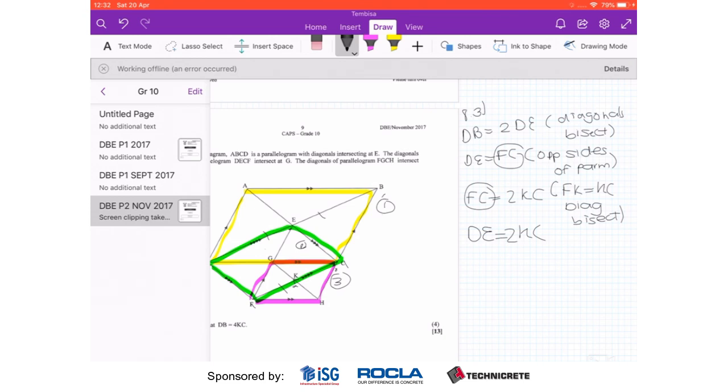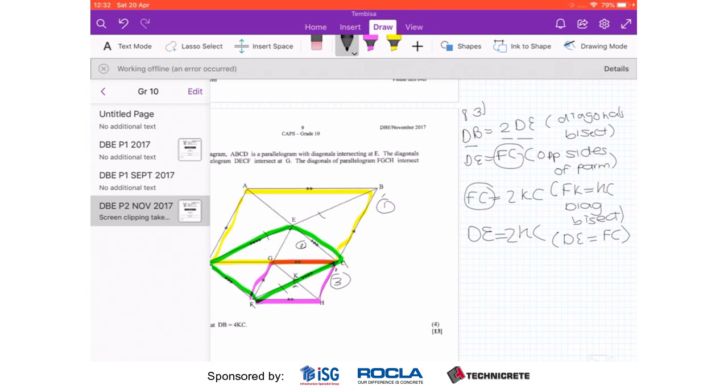And the reason for that is because DE is equal to FC. So we can equate them. Okay? Give a reason for each of them. So that's why we have to give statements. Now that we know that DE is equal to 2 of